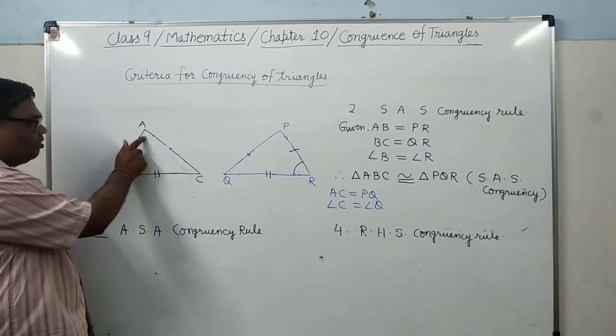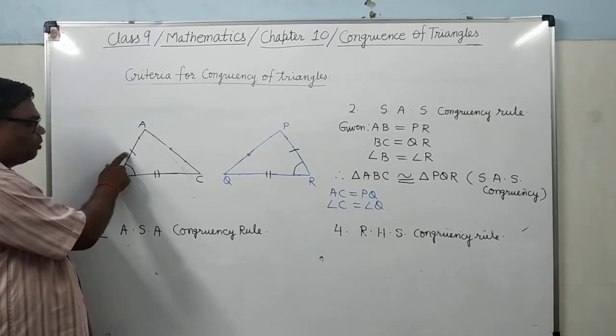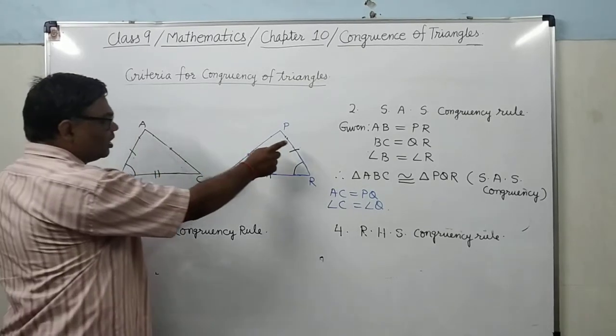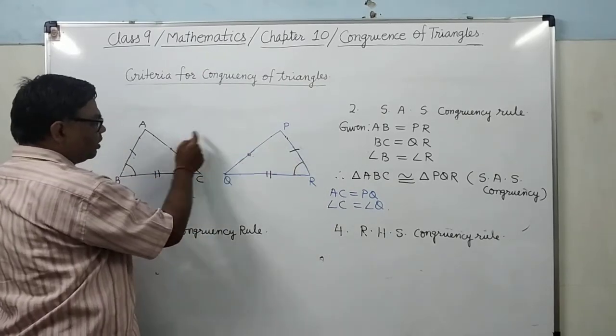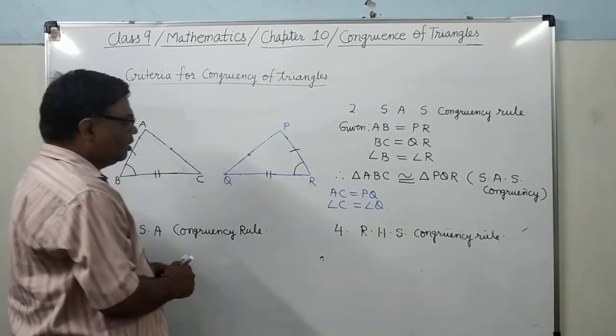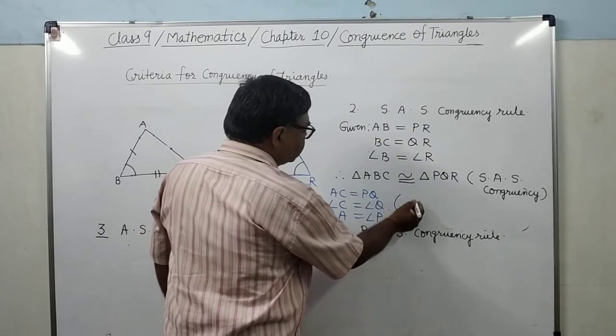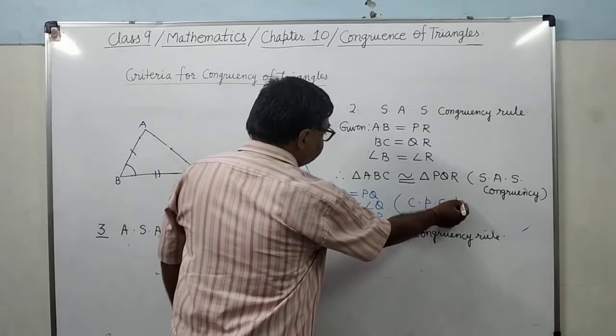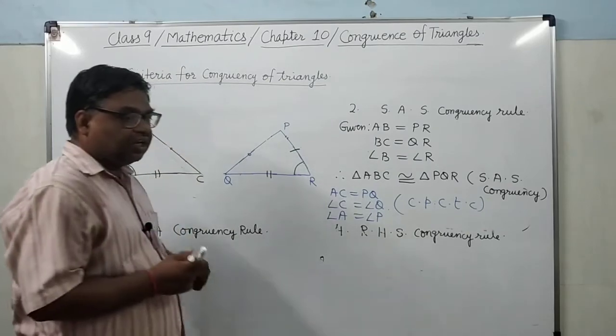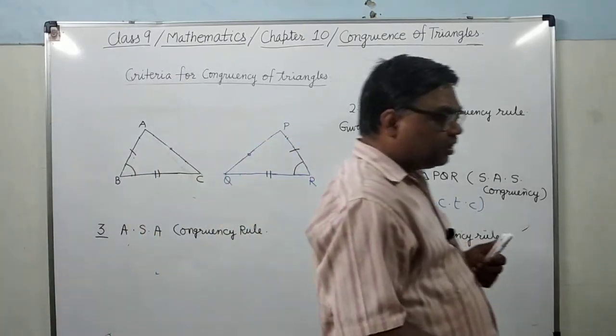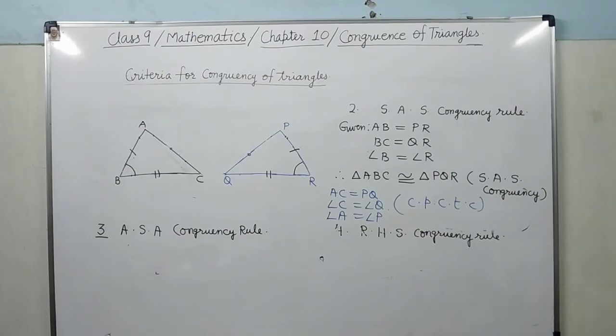You can see here this angle A, it is included by this and this. In this triangle it is here and this one is here. So which angle? Angle P. So angle A will be equal to angle P. So this is by CPCTC. It's clear. But the angles must be included angles. If the angle is not included, then this criteria will not be fulfilled and the triangles will not be congruent. It's clear. So this is the second criteria of proving the congruency between two triangles.